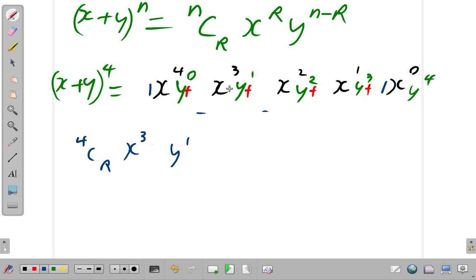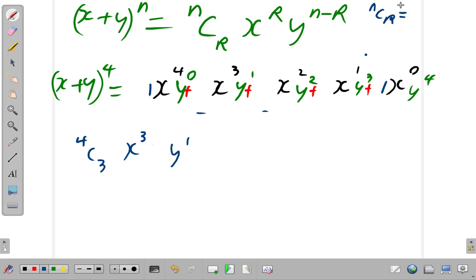Now notice we have x to the 3, y to the 1. Good. This will give you the number. Oh, r here. We said that r was 3. I didn't change this r to 3. Alright. What we have is 4C3. Now remember,